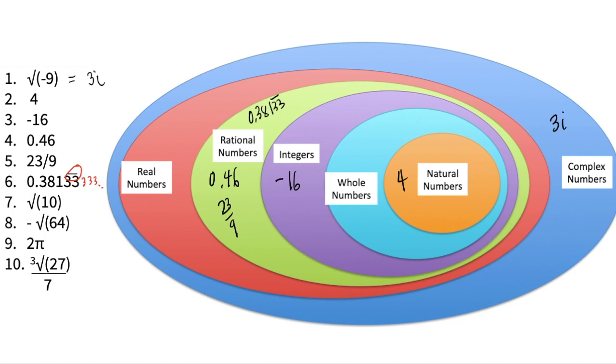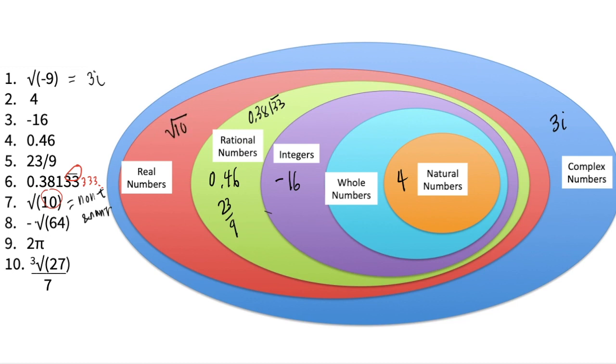How about square root of 10? 10 is a perfect or non-perfect square? Non-perfect square ito. So, kapag meron tayong non-perfect square, ang result natin is a non-terminating and non-repeating. So, meron tayong non-terminating, non-repeating decimal dito. Is it a complex number? Yes. Is it a real number? Yes. Is it a rational number? No, kasi non-repeating siya. Kaya dito lang siya magpo-fall under real numbers, square root of 10.